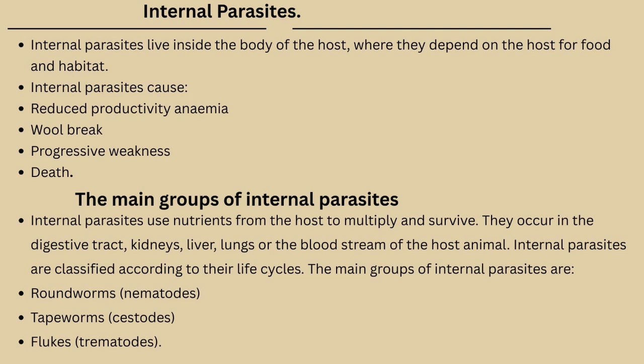Internal parasites use nutrients from the host to multiply and survive. They occur in the digestive tract, kidneys, liver, lungs, or the bloodstream of the host animal. Internal parasites are classified according to their life cycles. The main groups of internal parasites are